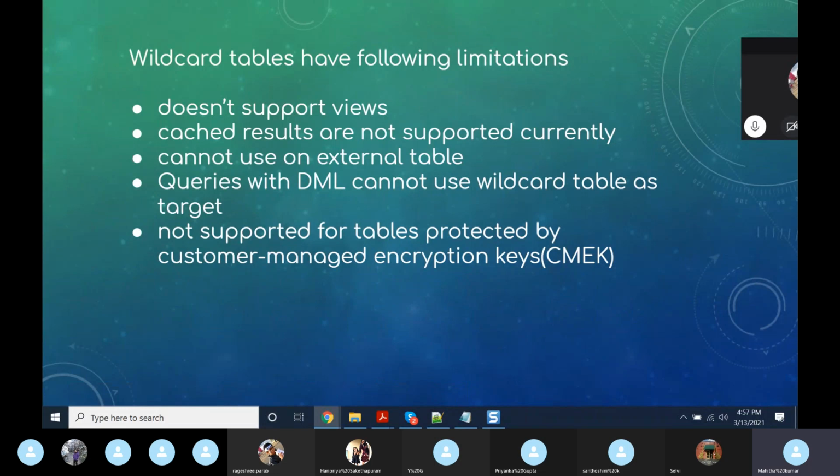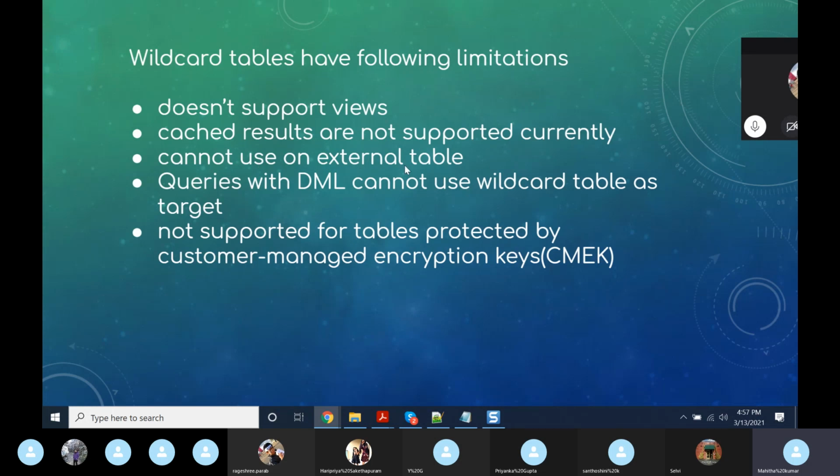There are a few limitations for wildcard tables. Wildcard tables don't support views. If the wildcard table matches any view in the dataset, the query will return an error. The views concept, I think you guys have an idea about. That concept is not supported by wildcard tables. Currently, cached results are not supported. Also, we cannot use them on external tables.